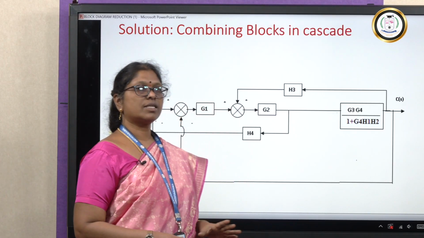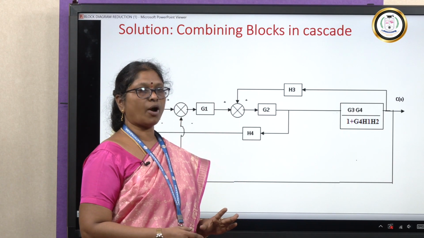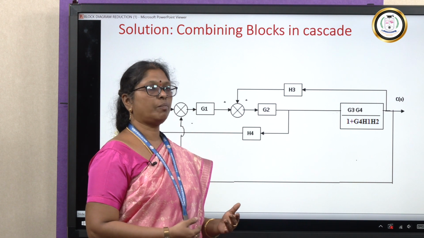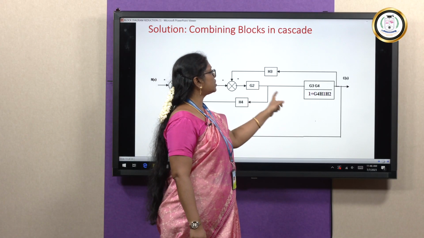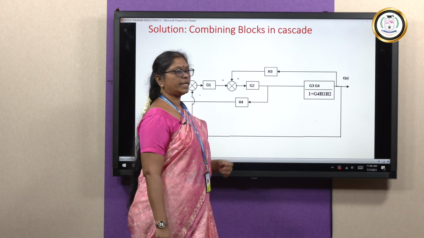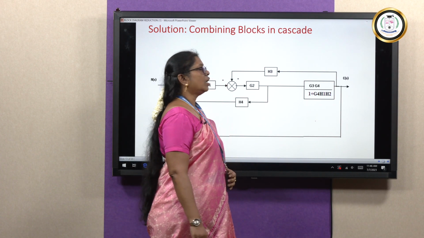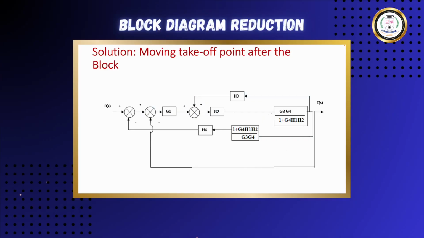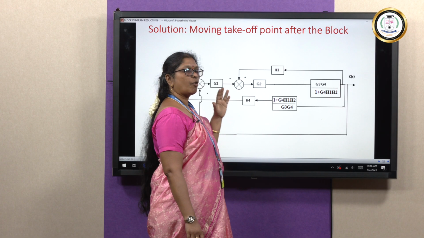So, the rule is you can move the takeoff point before or after a block. So, I am going to move this takeoff point after the block. If I am going to move the takeoff point after the block, what do I have to do? I have to divide by G, whatever is here. Am I right? So, H4 is the original